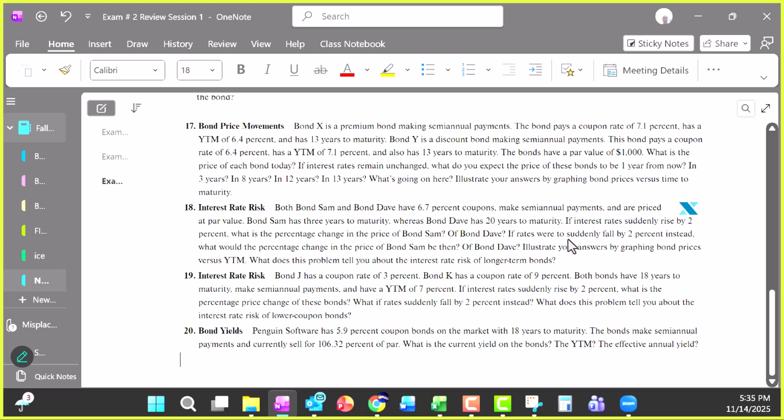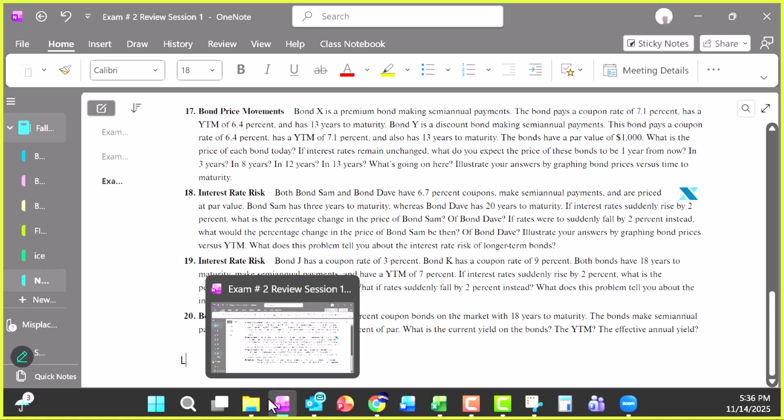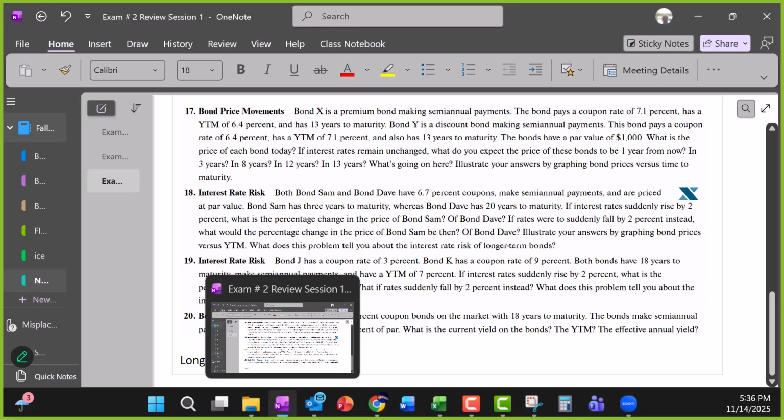On the other hand, if the rates suddenly fall by 2%, the reverse is going to happen. The 3-year bond is going to gain in value, but the percentage change is going to be much higher for the 20-year bond. So in general, this basically tells us that the longer the maturity,